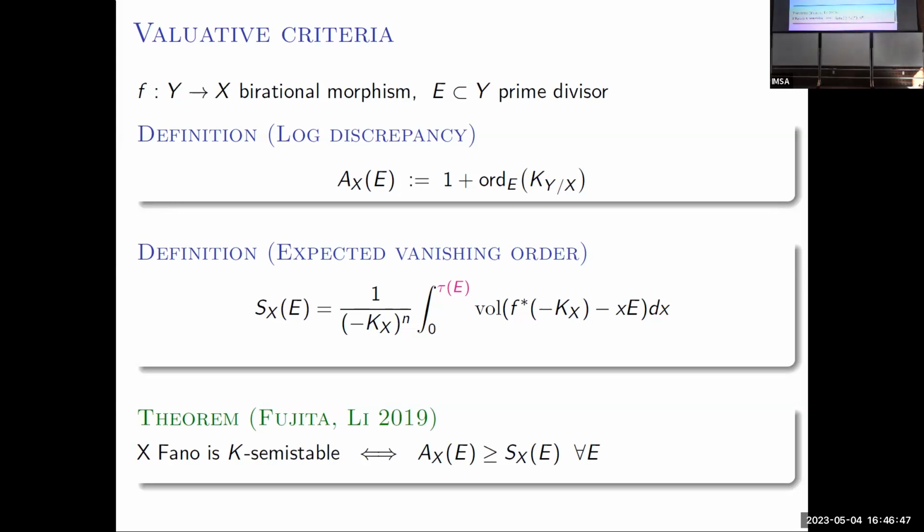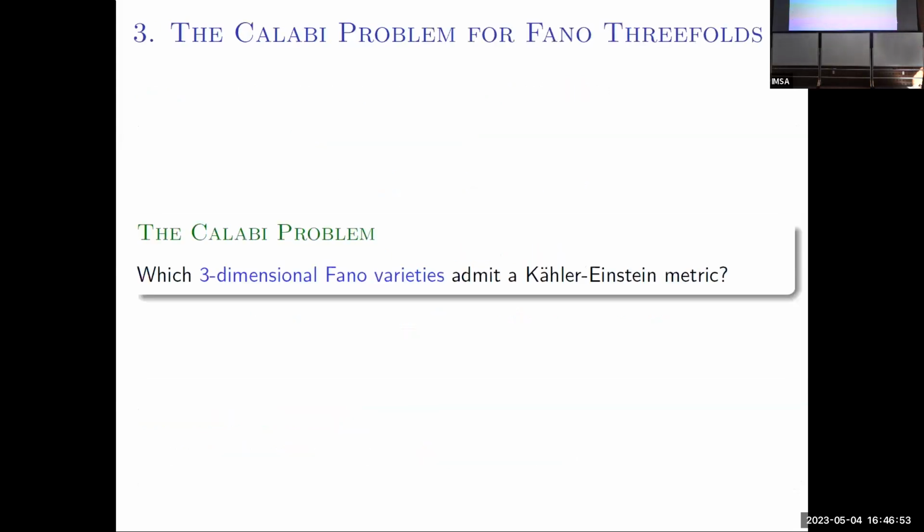So this is a very good criterion for showing that something is not Kähler-Einstein. There are other tools that we can use, but now let's go back to the Calabi problem in the